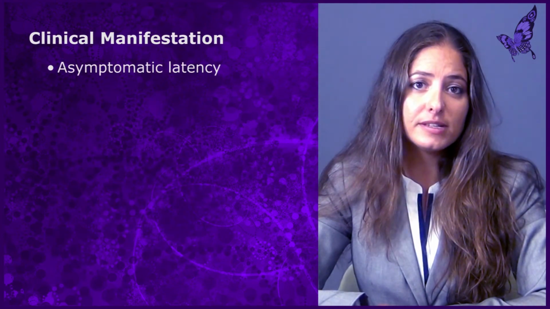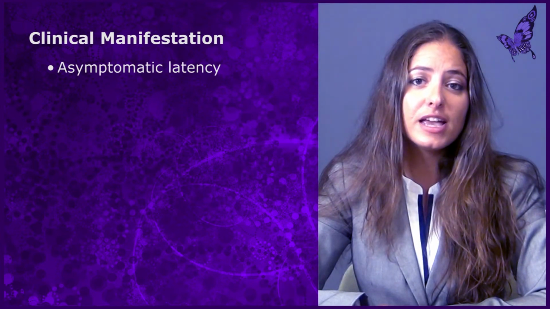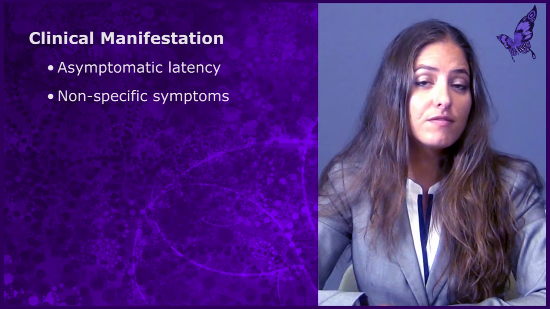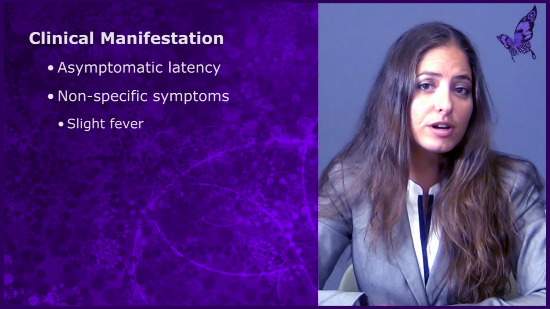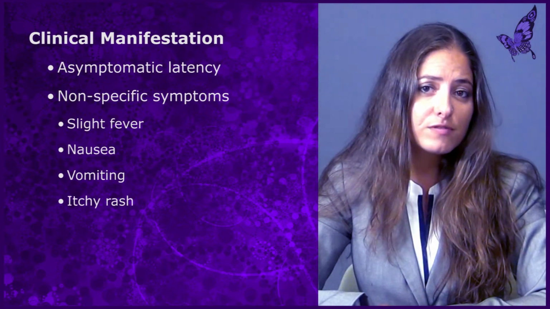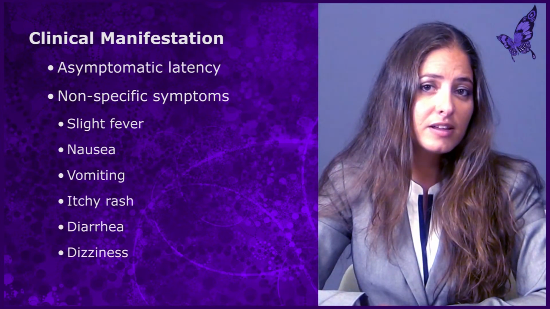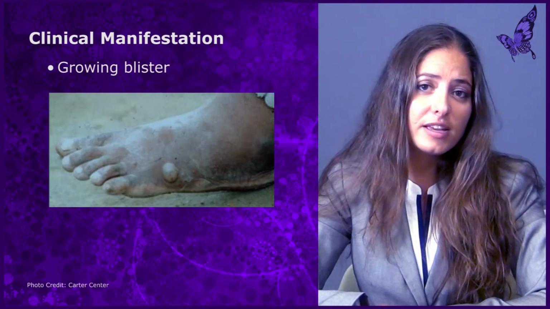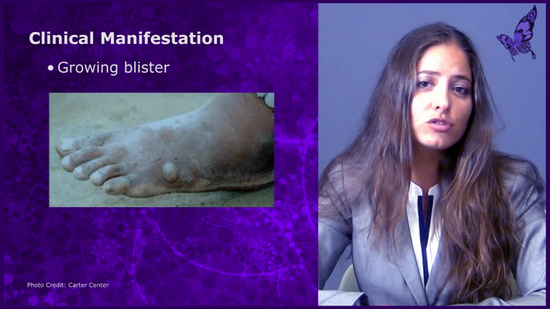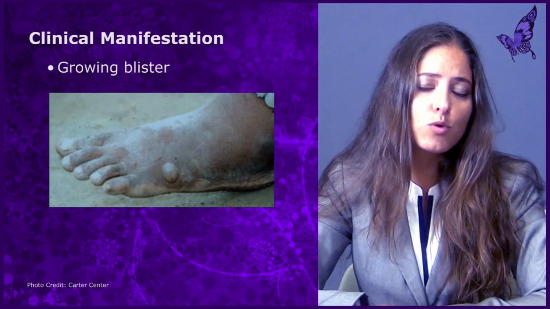Patients with guinea worm disease remain asymptomatic for 10 to 14 months after the primary exposure. Eventually, they experience low-grade fever, nausea, vomiting, itchy rash, diarrhea, and dizziness. In 80 to 90% of cases, an extremely itchy, enlarging blister develops on the lower extremities from which the worm